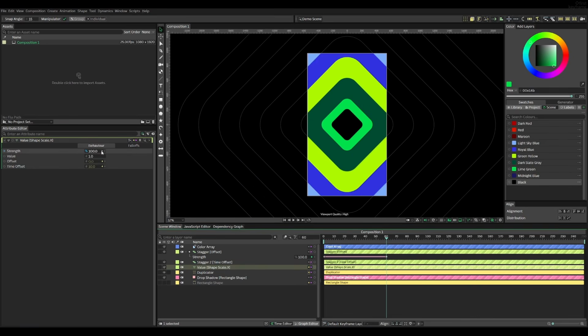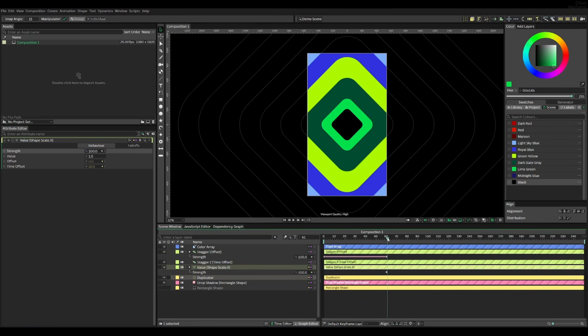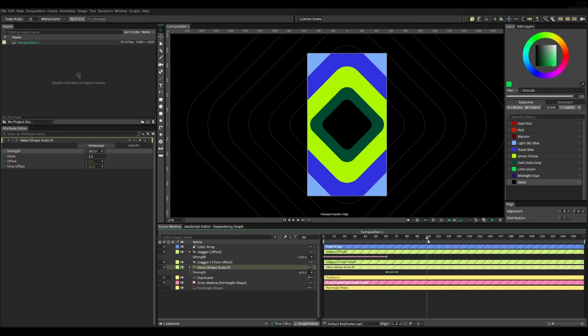So by adding a keyframe at frame 60 and then moving the playhead to frame 70 and then changing the strength to something a bit larger like 160 to have this animation principle of anticipation, we could then later on at frame 100 move it back to something lower, like maybe